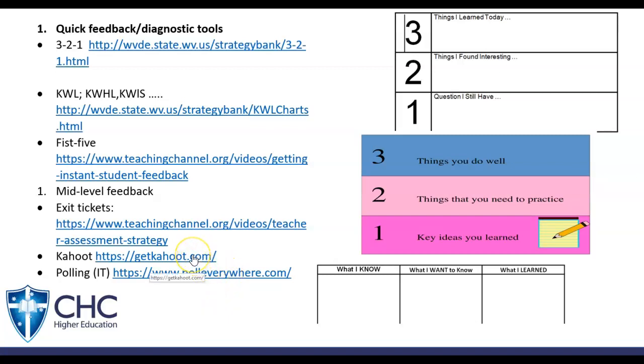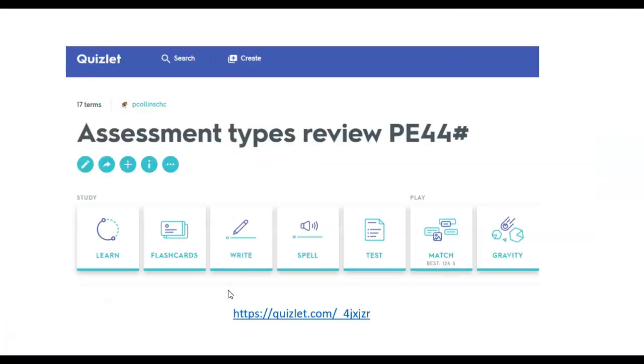We're familiar with Kahoots, aren't we? But there's actually a different level of Kahoot that you can do. You can use Kahoot to not just have a fun review of your learning activity, but actually get some feedback on what students have gained and not gained, and we'll go through that and have a look at some of the data you can collect. Although it's one of those along the way. It's not actually a summative task. It's not that useful. Quizlet is another little web-based tool that you can have tests and so on and activities, and